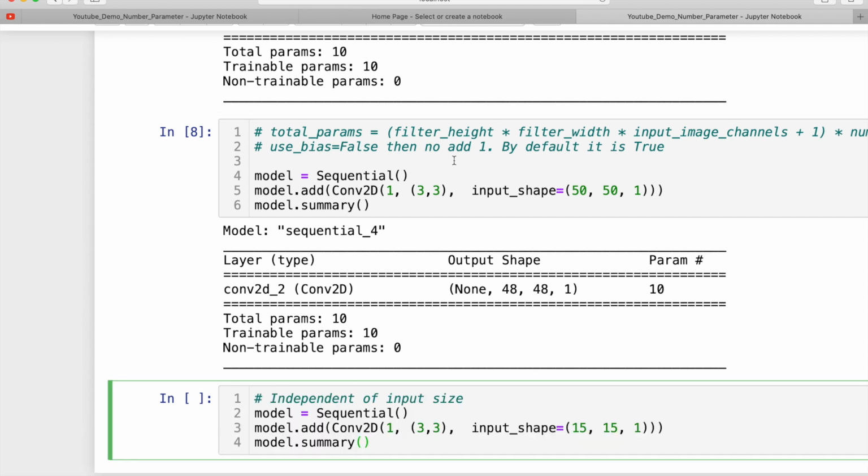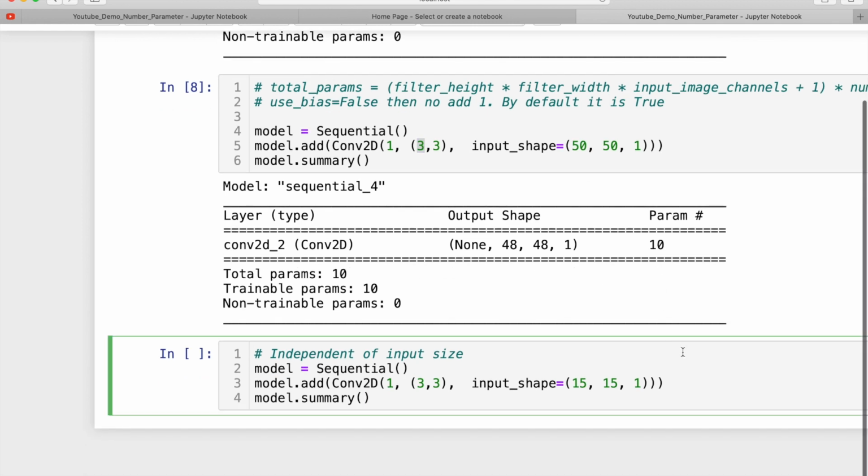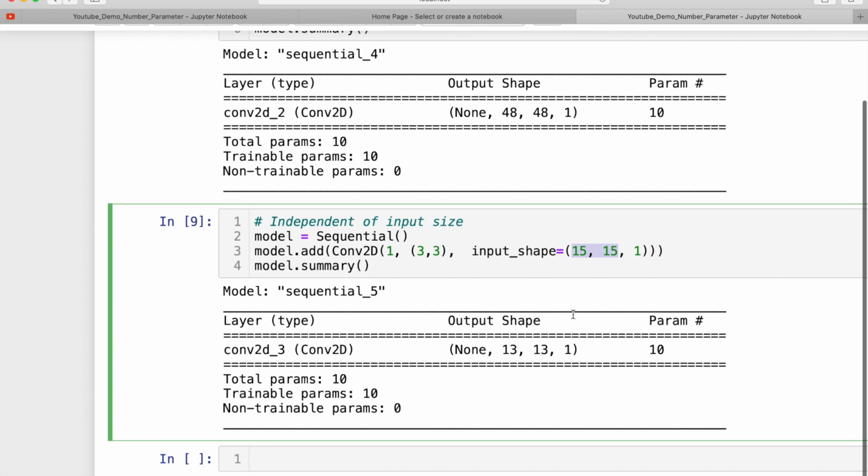Again I am repeating, in the convolutional neural network, it does not matter what the input dimension is. It matters what your kernel size is. For the number of parameters, I take another example. I just want to show that even though we have different dimensions, it does not take care of the input shape, it only takes the kernel size into account. So it is independent of the input size. As it was important, I repeat it here.